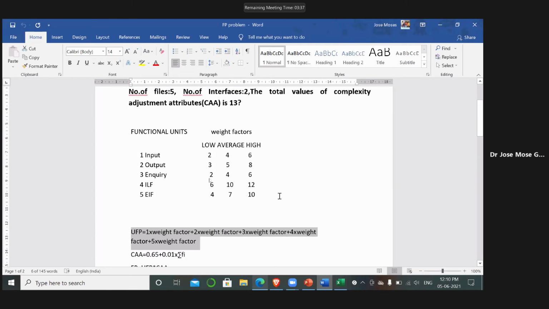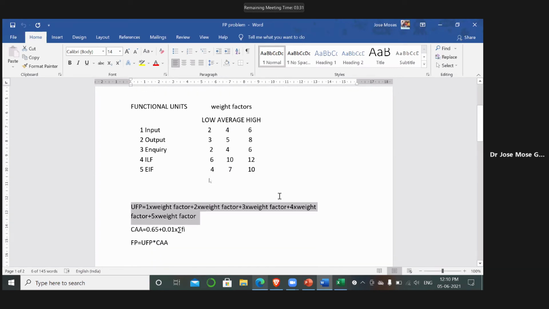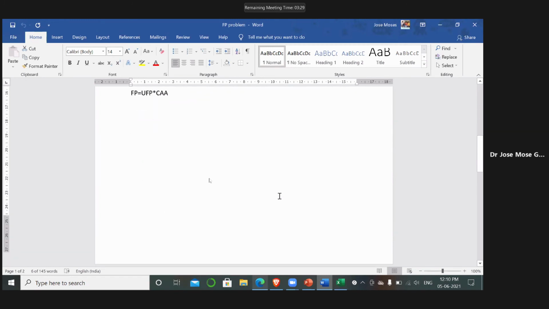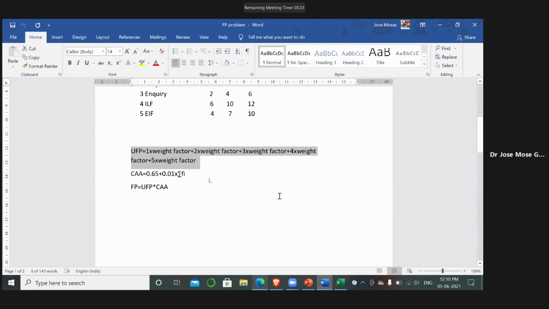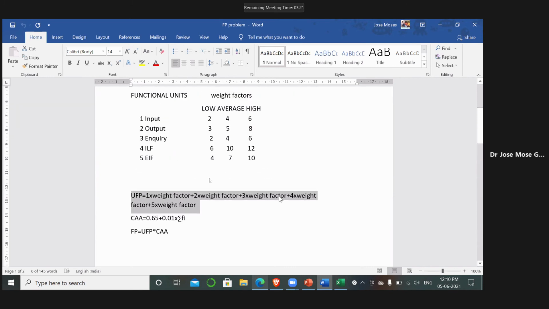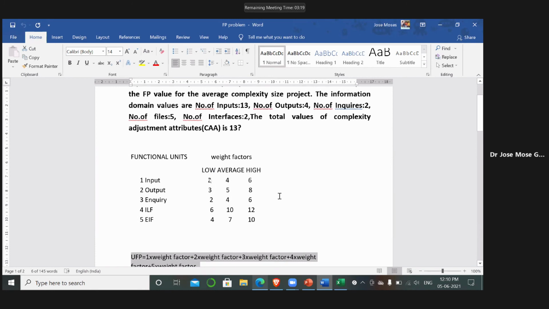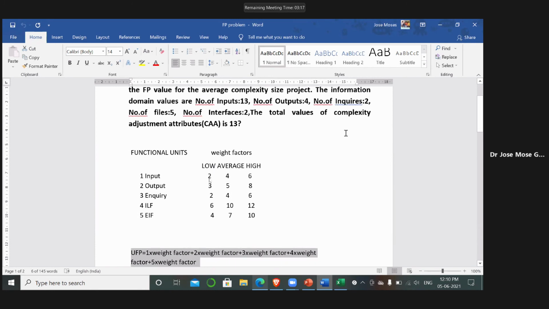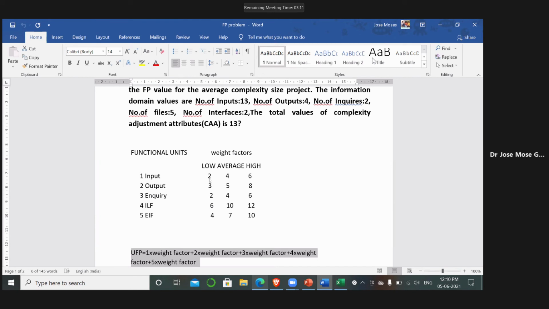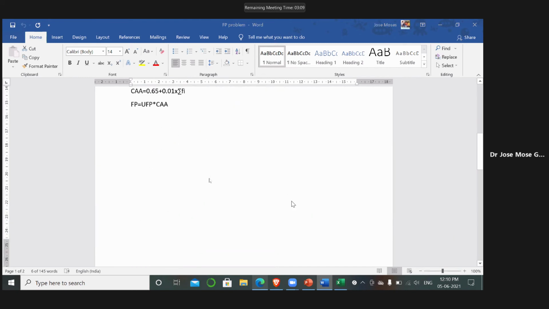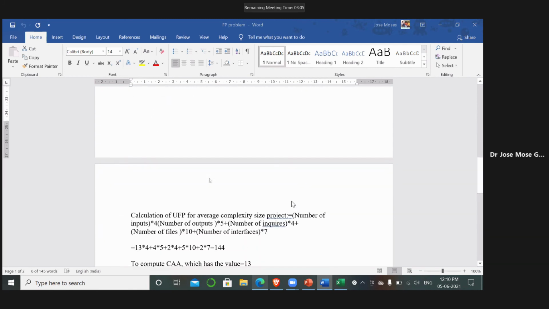Has everyone understood how to solve it? Have you done it? 117. Yeah, I need to check it. I already calculated, but only one person responded. What about the remaining people?